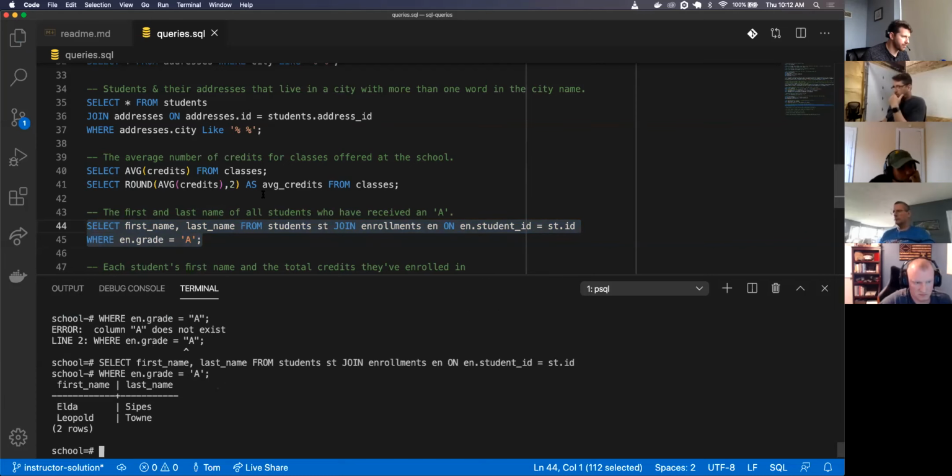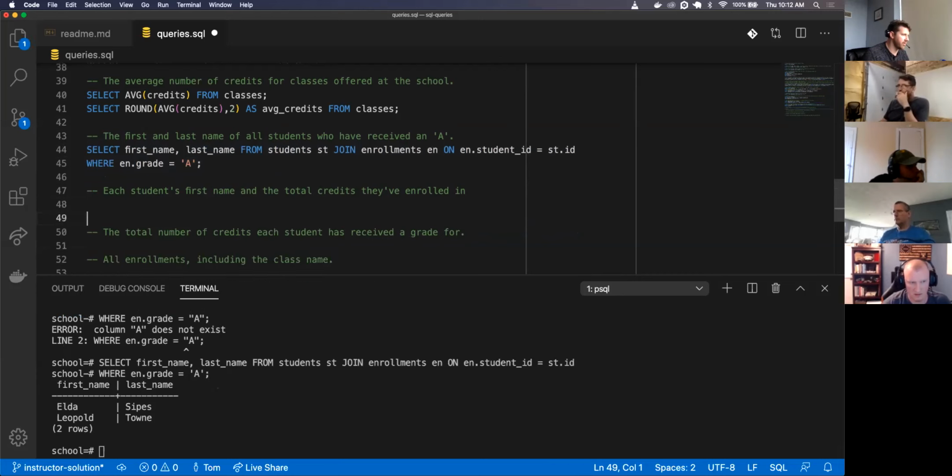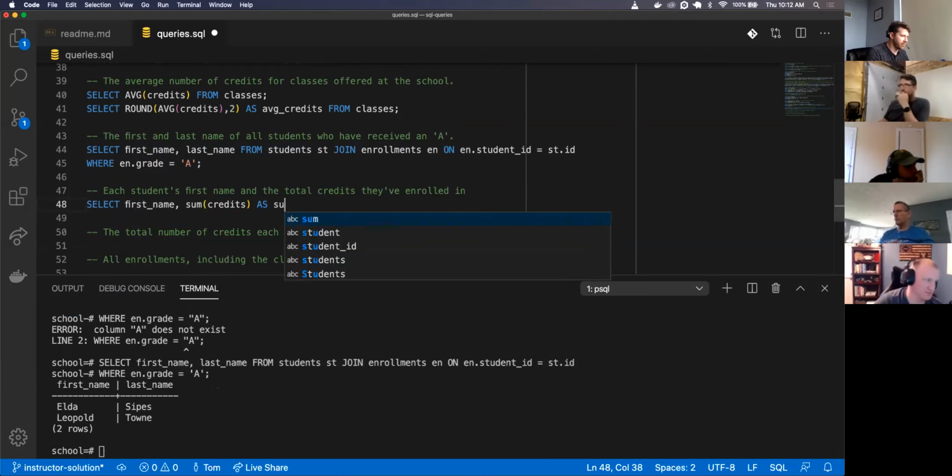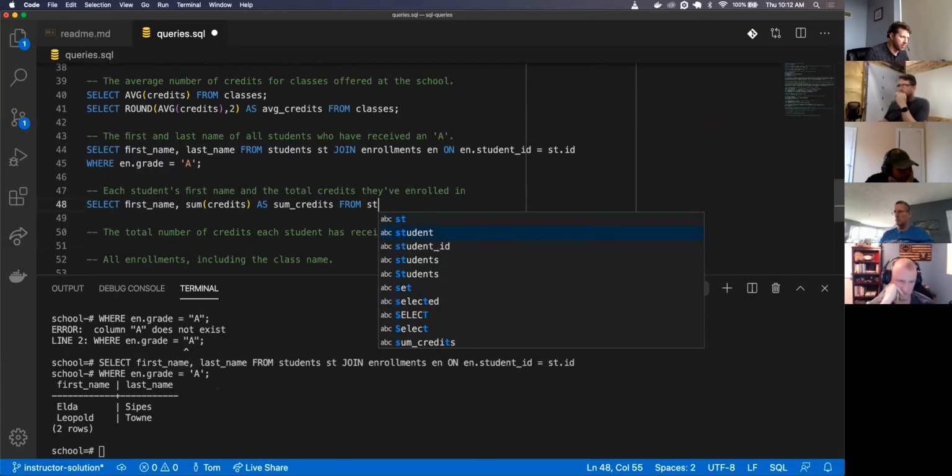So there we go. Each student's first name and total number of credits. So I can do select first name, sum the credits. I'm going to rename it as sum credits from students.